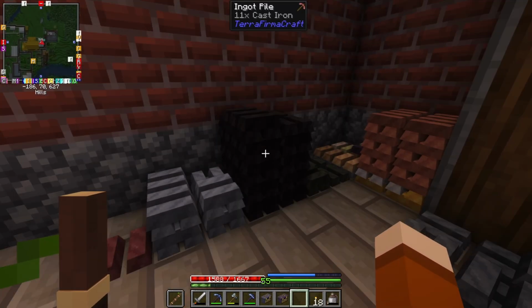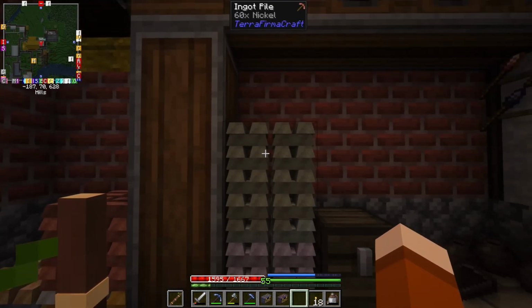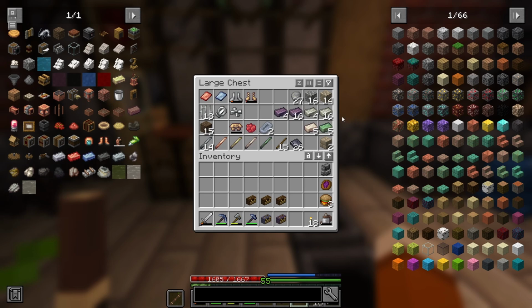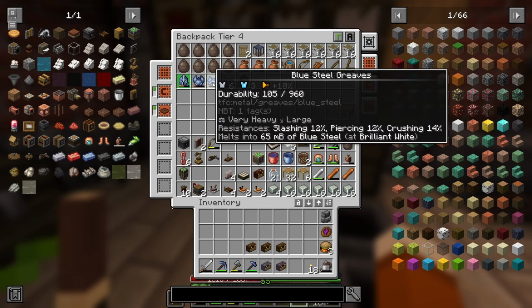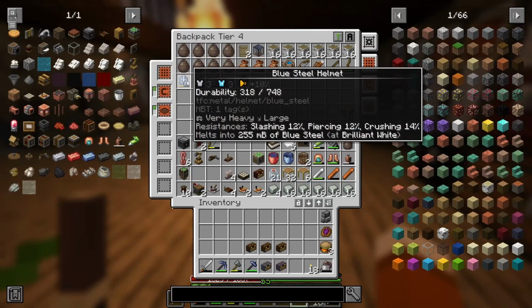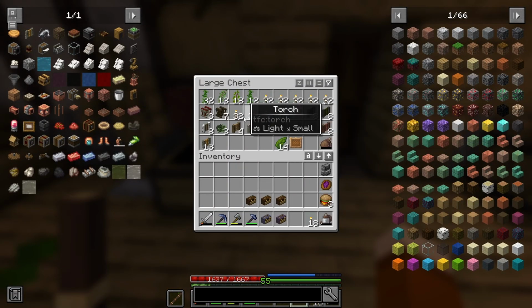Okay, I've collected quite a bit more iron, crafted a little bit into steel, and a whole ton of nickel. And in here I've got most of what I need in order to make 50 blue steel. I will also be melting down my current armor and recycling it into new armor since it's pretty beaten up. But what we're going to do right now is